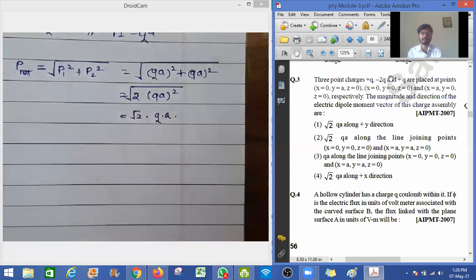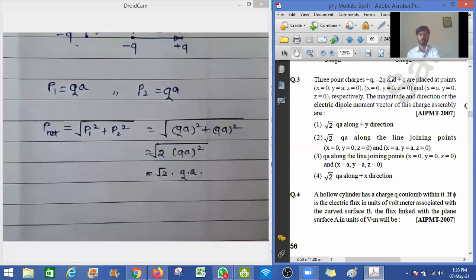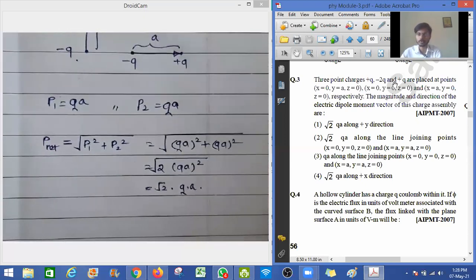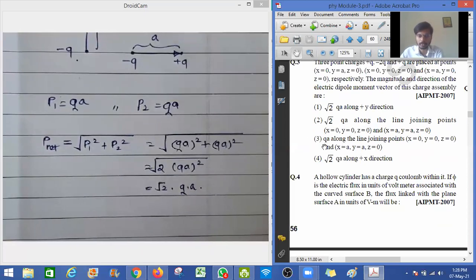आता लगेच ऑप्शन्स कडे जायचं. रूट 2 टाइम्स q into a कुठल्या कुठल्या ऑप्शन मध्ये दिले बघा. रूट 2 q into a पहिला ऑप्शन तर आहे. रूट 2 into q into a दुसऱ्या ऑप्शन मध्ये पण आहे. थर्ड ऑप्शन मध्ये qa लिहिलंय, so third option wrong. फोर्थ ऑप्शन मध्ये रूट 2 into q into a आहे. So option 1 can be right, 2 can be right and 4 can be right. तुम्हीच मला सांगा,